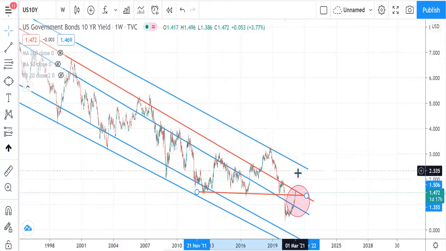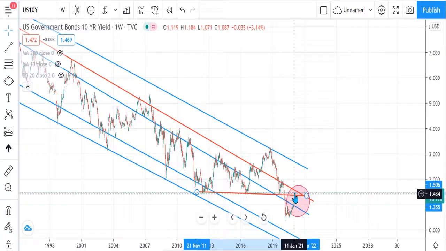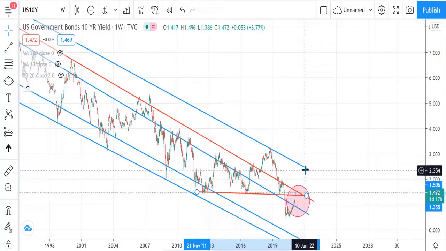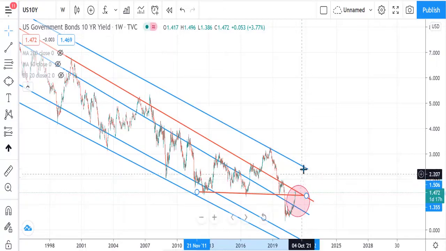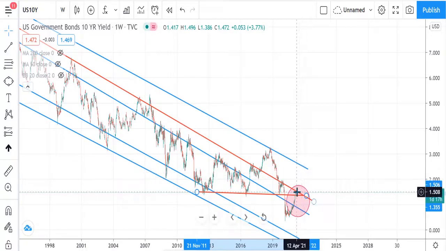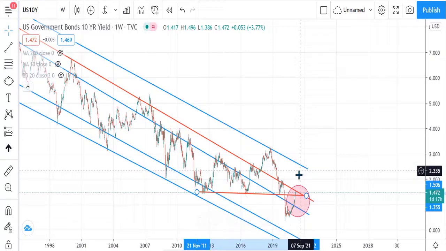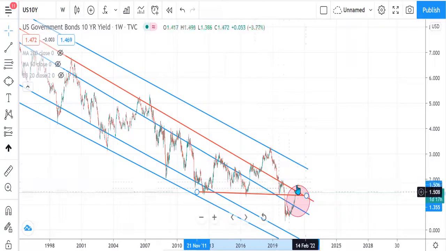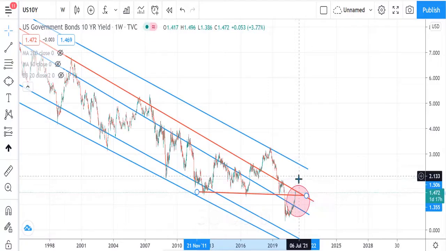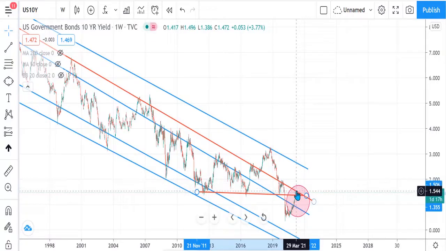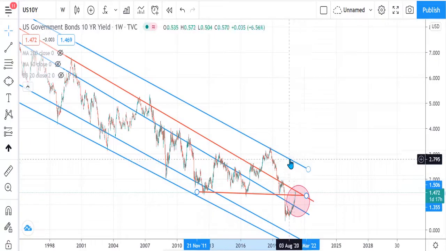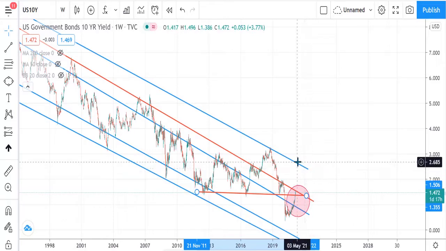But if it managed to move up, then the other high side it can go is all the way up to test the topmost boundary. So there's a huge gap if it manages to pass through the resistance. The two red line resistances are the key ones. So if we manage to go past that, then we can probably expect a severe yield curve increase, reaching toward the top boundary of the down pattern.